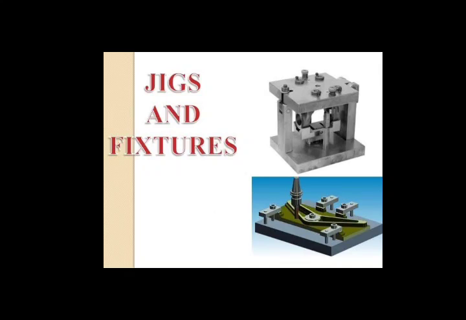Now what are the types of jig bushes? They are plain bush or headless bush. Now this plain bush or headless bush is generally press fitted to the jig and used in batch production, where life of the bush often outlasts the life of the jig. Also, they are used when the top surface of the jig plate is required to be free from projecting collars and there is limited space.